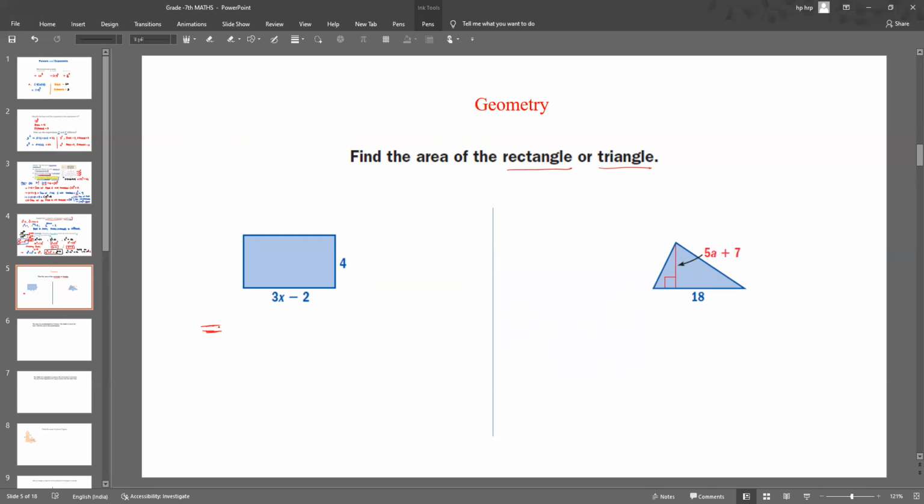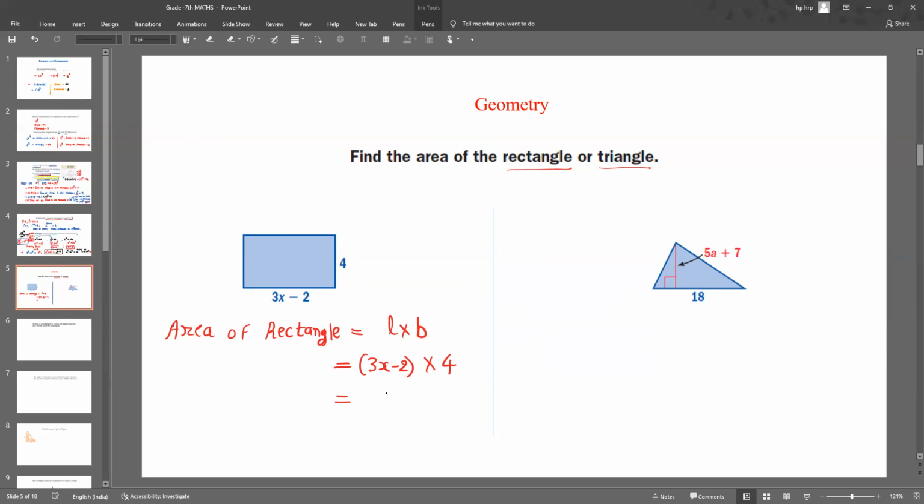Okay, you know what is the formula of area of rectangle we have? It would be base times... Yes, that is length into breadth. So here if you find the area, so what you got? So if we find the area of a rectangle, that is L into B, length into breadth. So length we have 3x minus 2 multiply by 4.